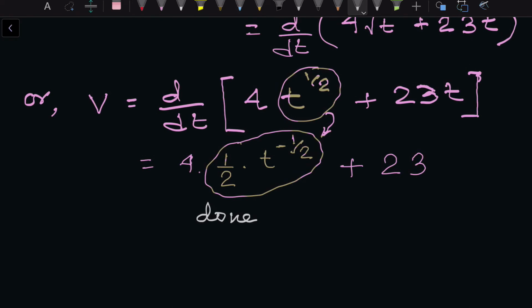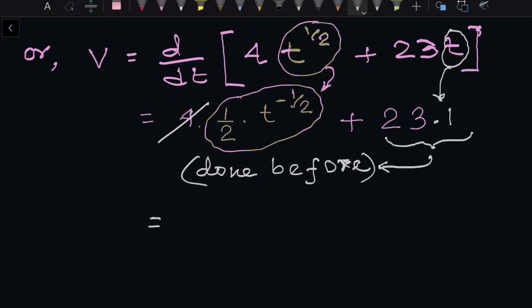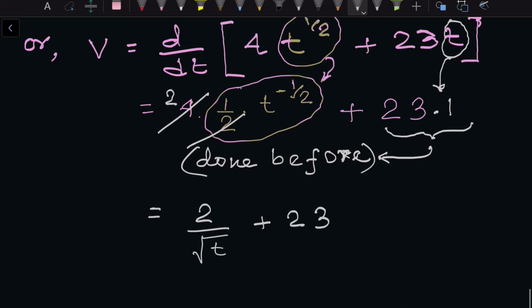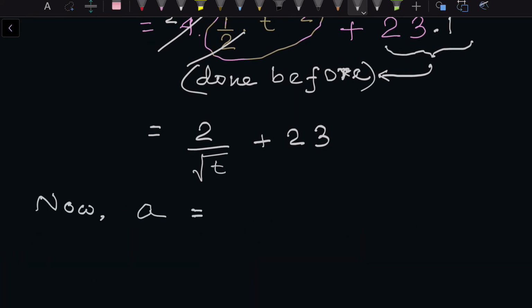We have done this earlier. And differentiation of t is 1, that's why it is only 23. This is also done before. So the result becomes 2 and half cancel as 2. So 2 into t to the power minus half, that means 2 divided by root t, plus 23. We got velocity now. So acceleration can now be found as dv by dt equals